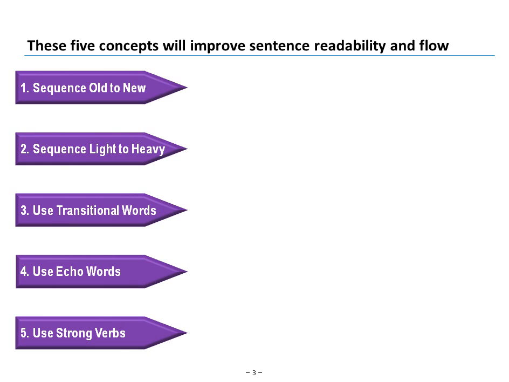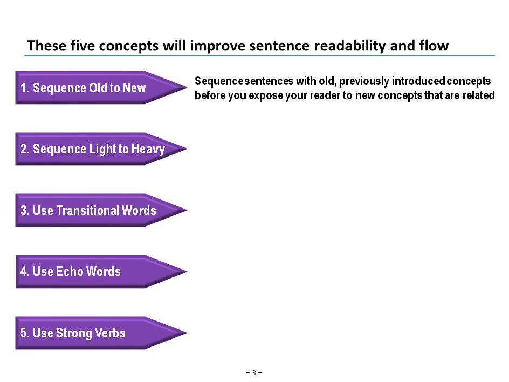Here are the 5 principles that will help you improve sentence readability and flow. Sequence old to new, sequence light to heavy, use transitional words, use echo words, and use strong verbs. Now, what do these principles mean? When you sequence old to new in a series of sentences, you connect new concepts with previously introduced concepts. You go from old to new. You don't expose your reader to new concepts in the next sentence until you have related them to older concepts